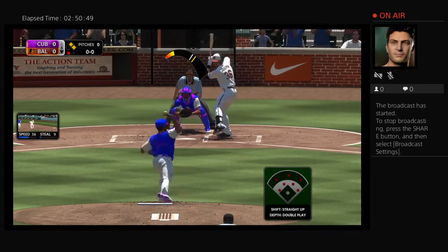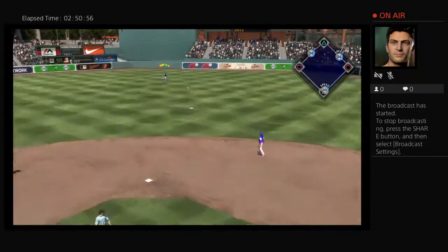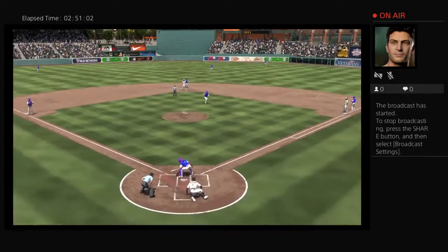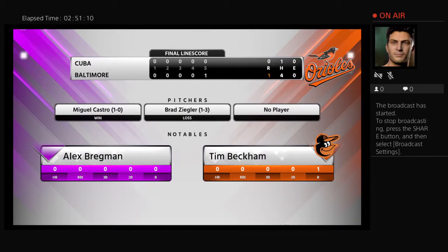First pitch of the at-bat. Takes a fastball on the inside corner. He's ready. Here's the 0-1. Oh, and this is lined into center field. It's down for a base hit. Now a long throw home. And the Orioles are going to walk off winners. It was mostly pitching and defense in this one, but the man you see here made some noise with the bat. And as a result...